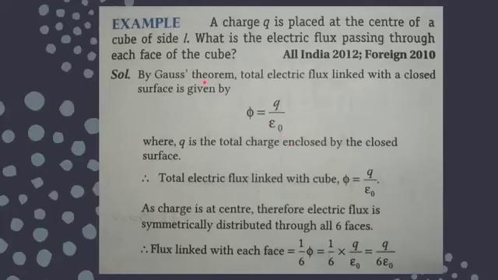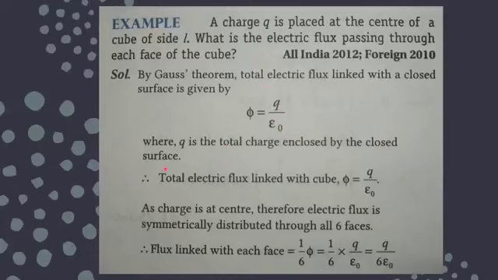Here is a simple question for you. A charge Q is placed at the center of a cube of side L. Length L is given for each side of the cube. You have to find the flux passing through each face. When we talk about the cube, as you have seen in the three-dimensional view I have shown you, we have 6 faces. Now what is the flux according to Gauss theorem? Phi is given by Q upon epsilon naught. Charge Q is given in the question.